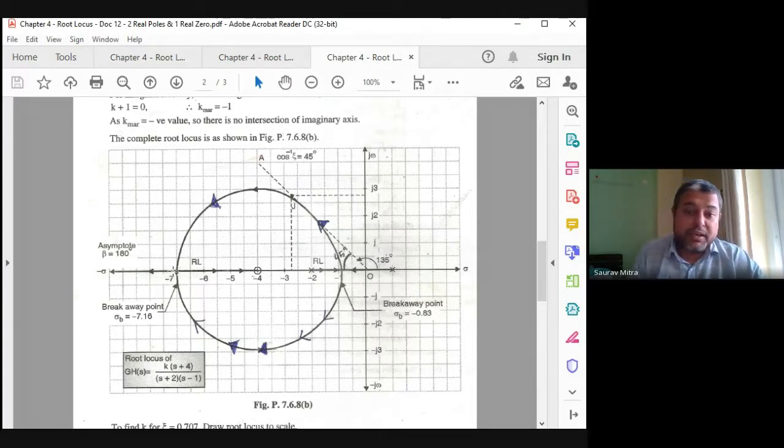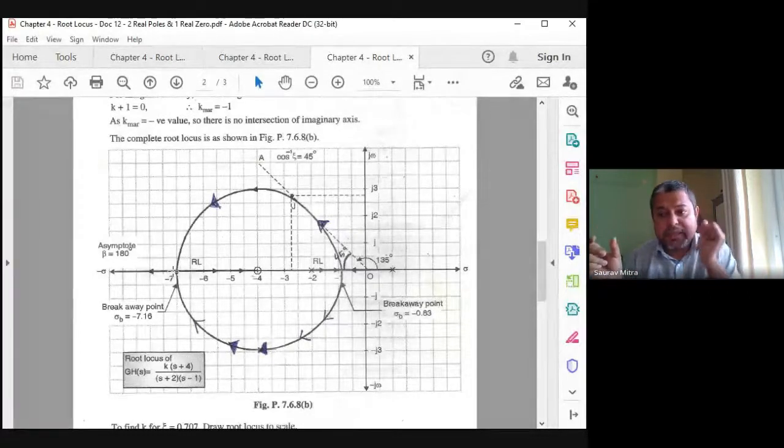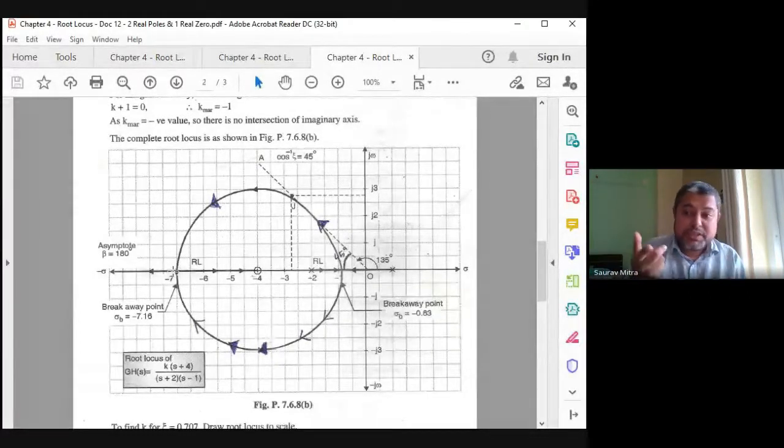Okay, so write down this numerical. What is this numerical? There are two real poles and there is one real zero, and the poles are on the left side and the zero is on the right side. This numerical will change completely if we keep two poles and a zero in between them. So this zero will be kept in between. So maybe one pole is at 0, another pole is at -10, and another zero is at -3. Then what will be the root locus?